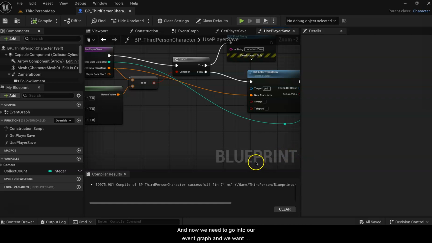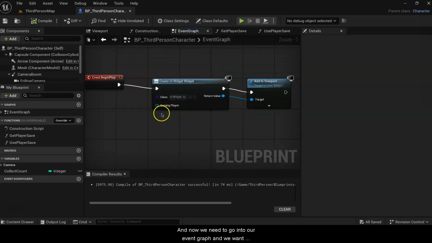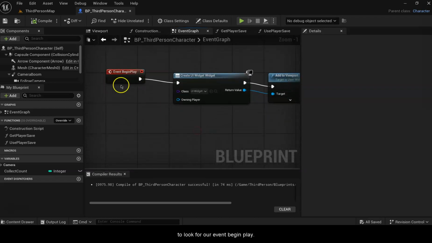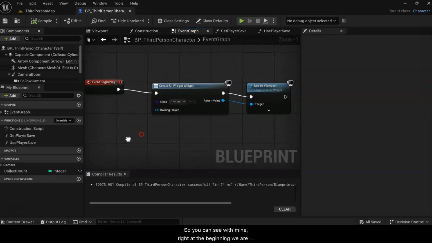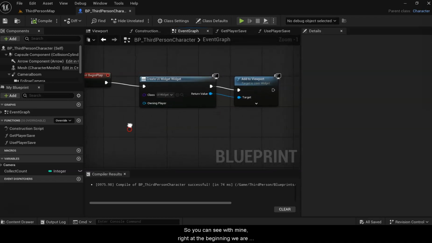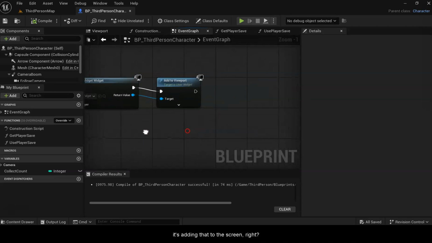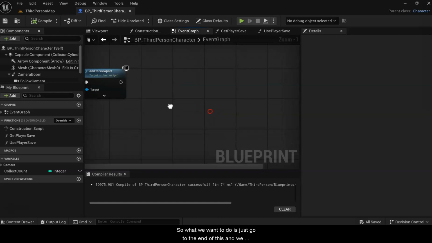And now we need to go into our event graph, and we want to look for our event begin play. Now what this is, right, is what we do at the beginning. So you can see with mine, right, at the beginning we are showing the widget, the UI widget that I made, and it's adding that to the screen, right? So that's how I see the collect count up there. So what we want to do is just go to the end of this, and